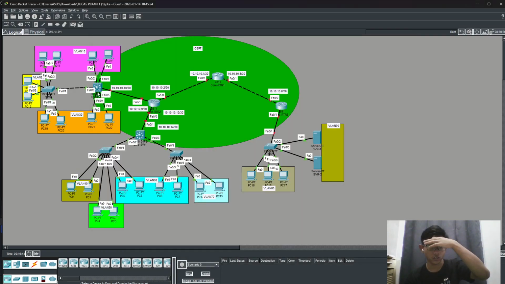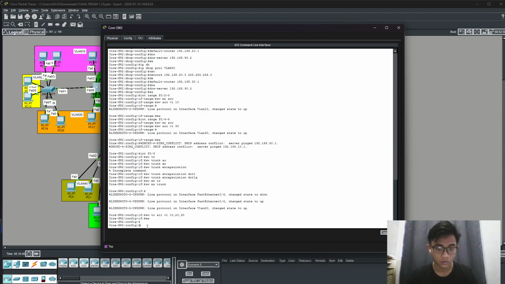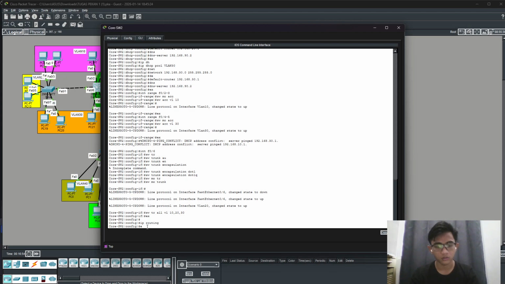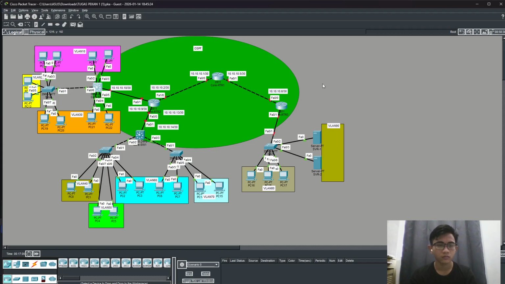I forgot guys, to use in the MLS we need IP routing, I guess. Okay, exit.